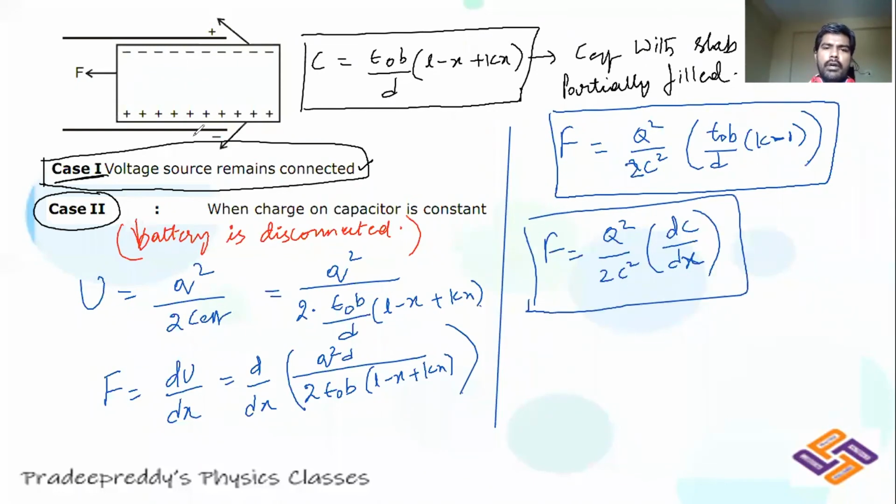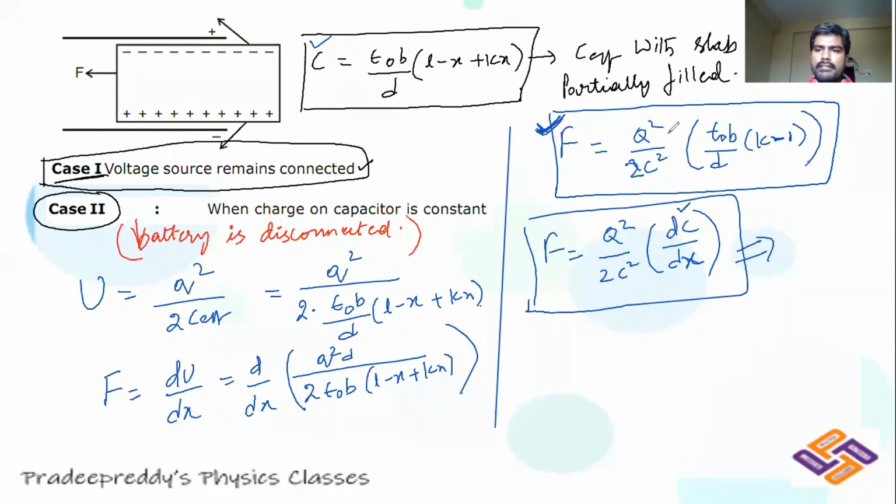So when you are placing a dielectric slab in between the plates, first find the effective capacitance. You will calculate the C value. After finding C, differentiating it with respect to x, you will get dC divided by dx. After getting dC by dx, just substitute in this final expression, and you will get the force, which is dependent upon the K value. Again here, see, this final expression appears independent of x.